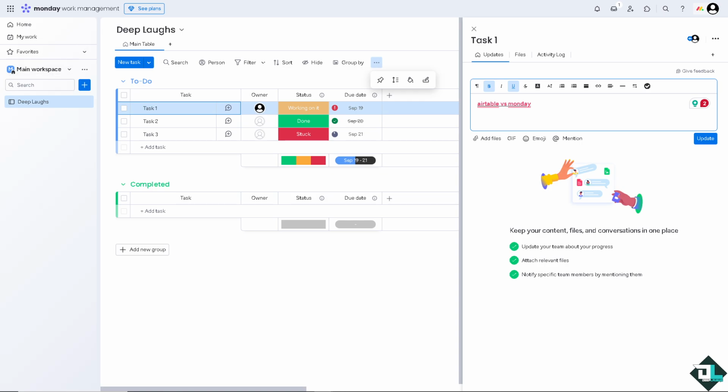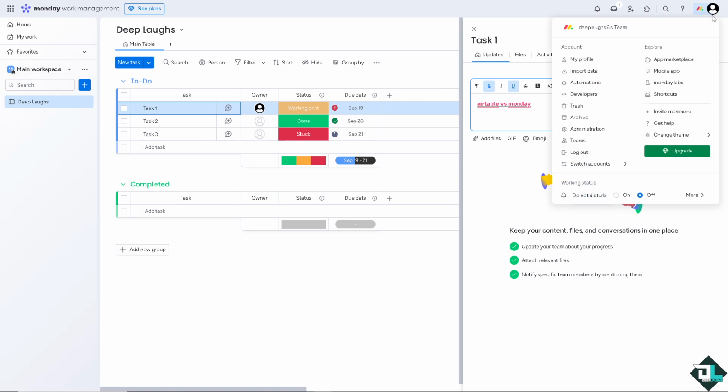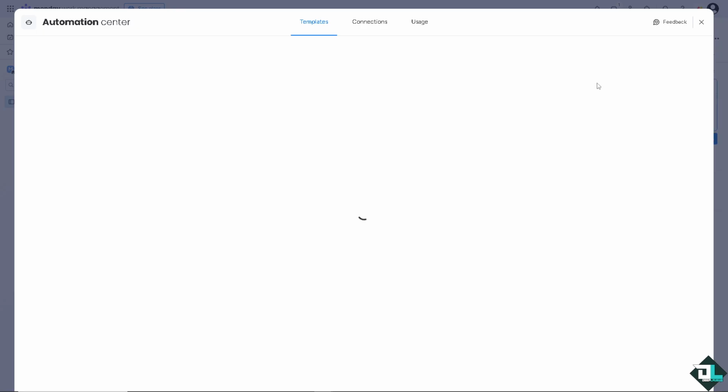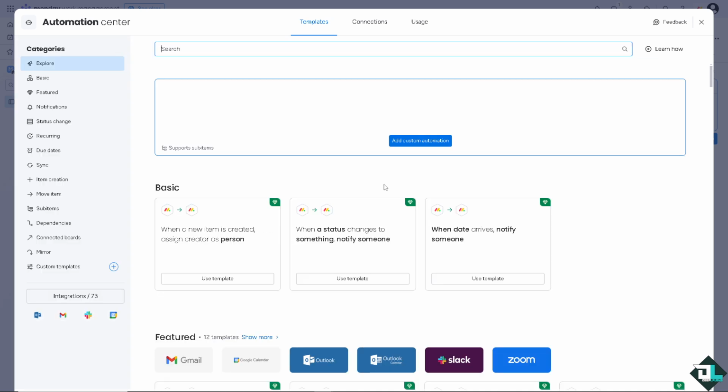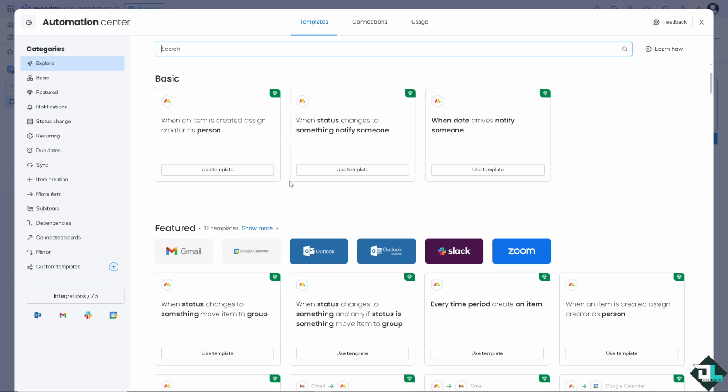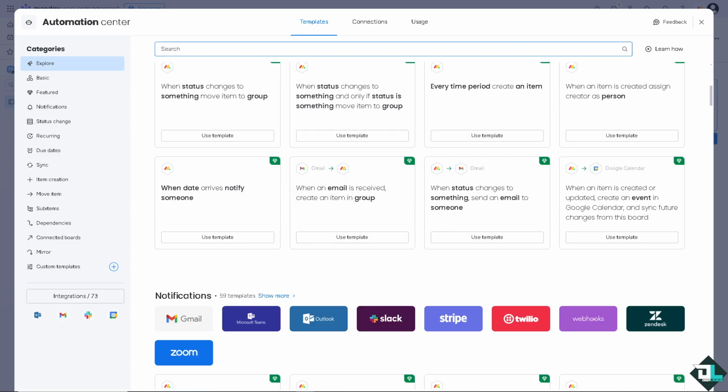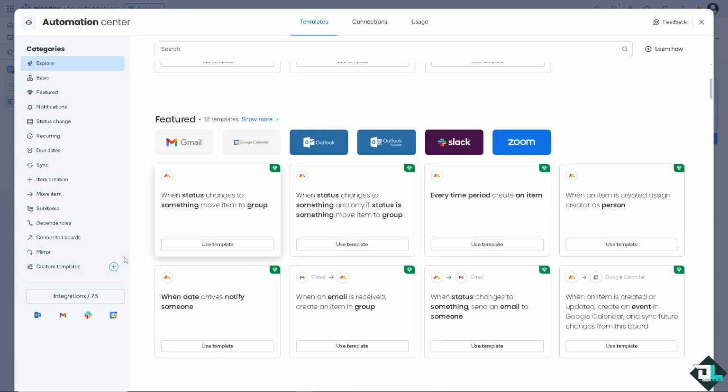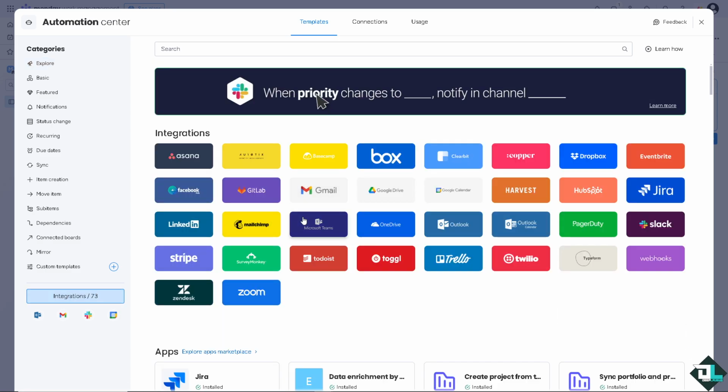Don't forget that Monday.com allows users to set up automation for repetitive tasks. For example, you can create rules that automatically trigger statuses, send notifications, or move items between boards based on certain triggers. Not only that, integration is not an issue here in Monday.com as well, because it integrates well with a lot of applications and popular tools such as Asana, Slack, Dropbox, Zapier, Jira, Salesforce, and more,